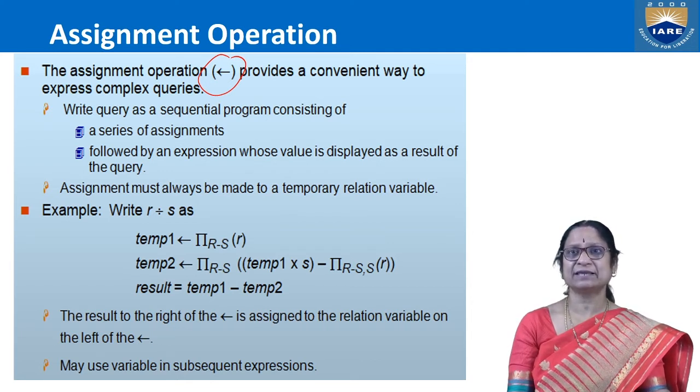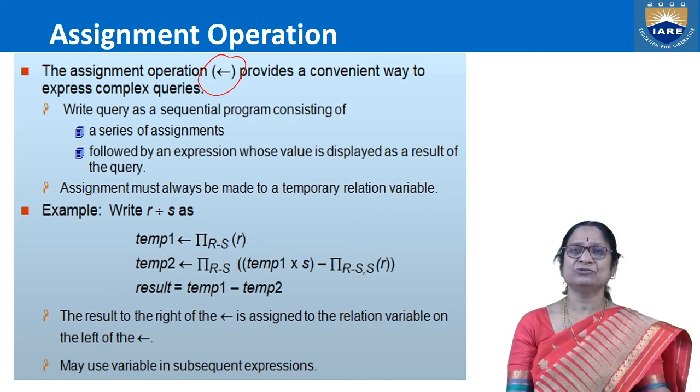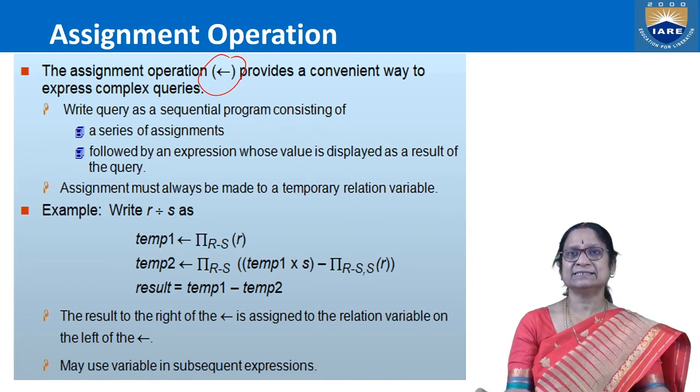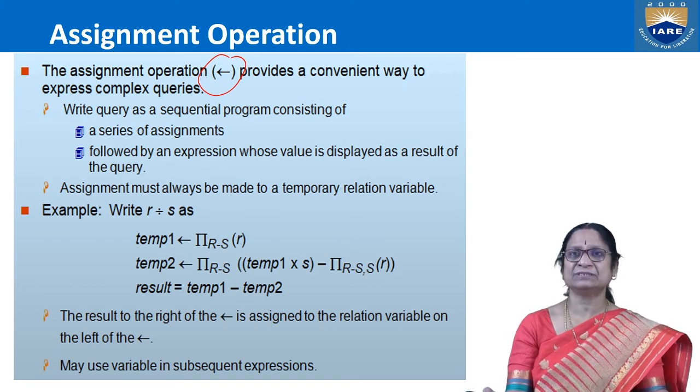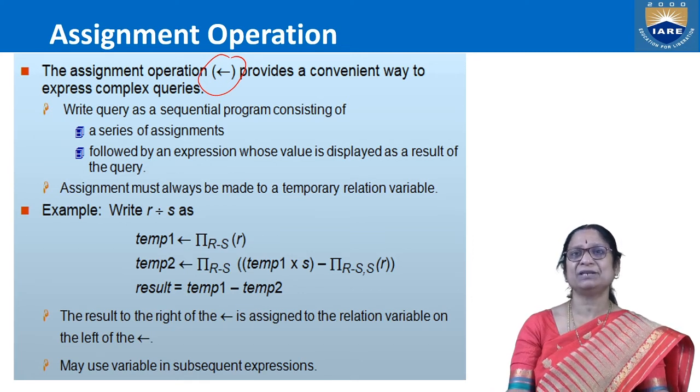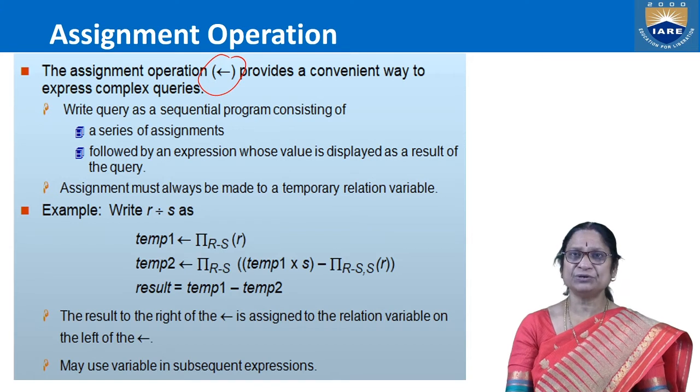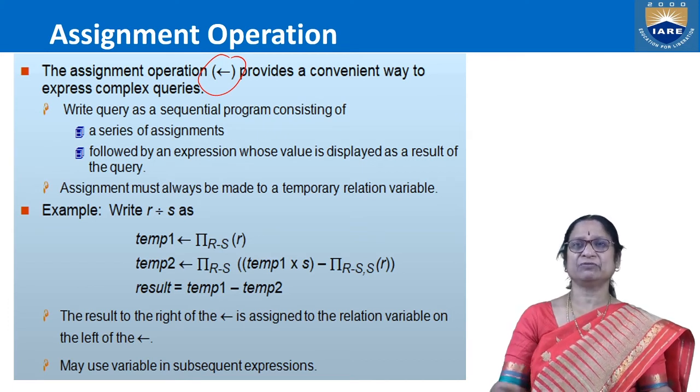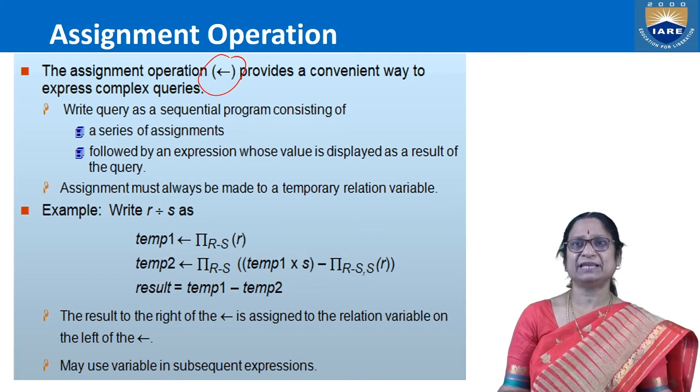Because when complex queries are there, the query length keeps increasing. So we will divide the query into sub parts, and each part is considered as independent, executed, and assigned to a relation name, so that instead of using the part directly, we can use the name to which it is assigned, so that the lengthiness and complexity of the query can be reduced. That means if you are using assignment, a query will be written as 3, 4 or more, depending upon the logic or length of the query, as a series of assignment statements in our query actually.